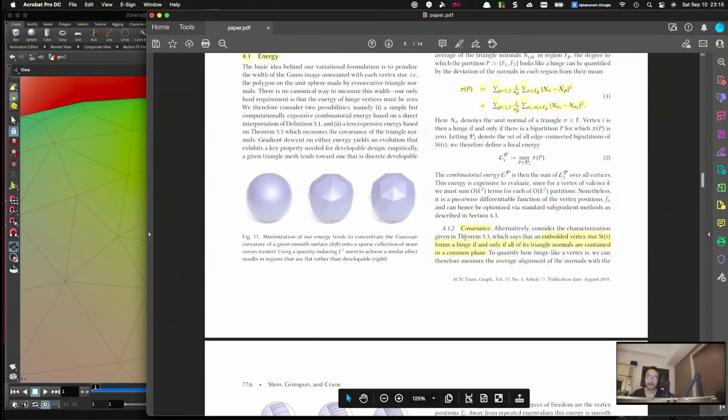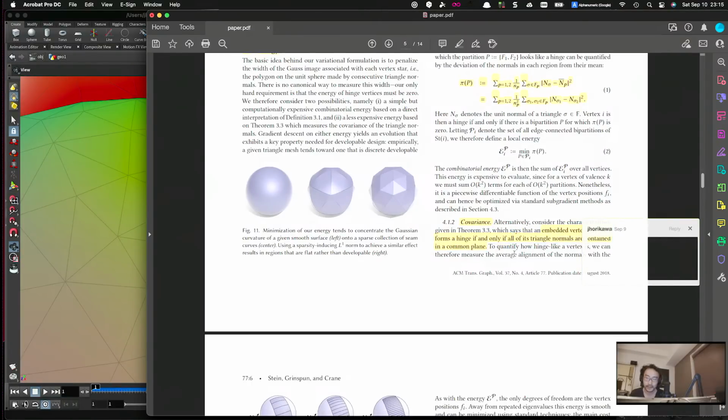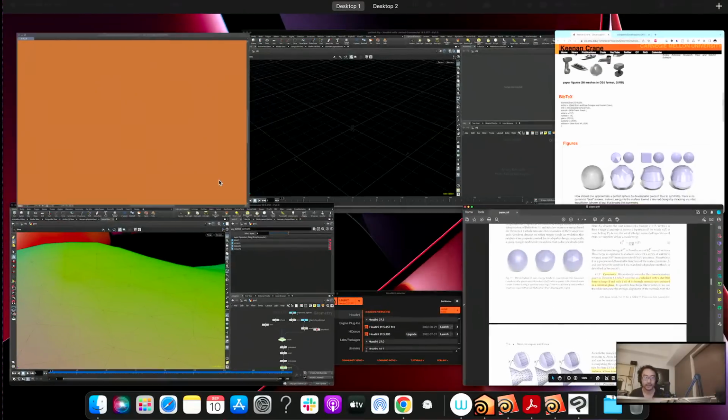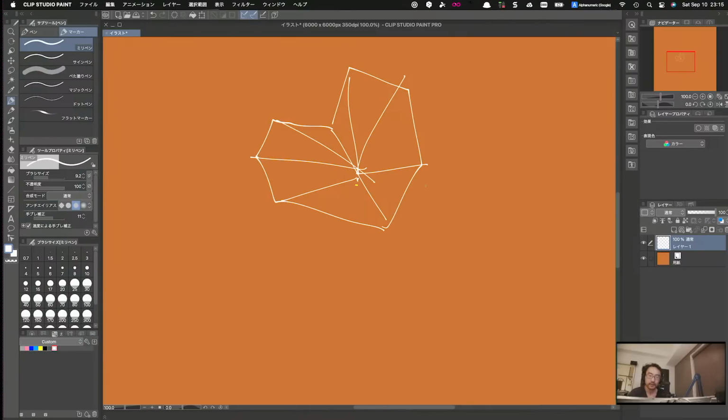Instead, what we are going to look at is the second energy, which is a covariance energy. This is to estimate a condition. How do I explain this? For example, if you have a hinge like that, where you have a folding angle, a folding axis like that, there is a specific condition available with this kind of mesh, which is, first of all, getting the normal direction